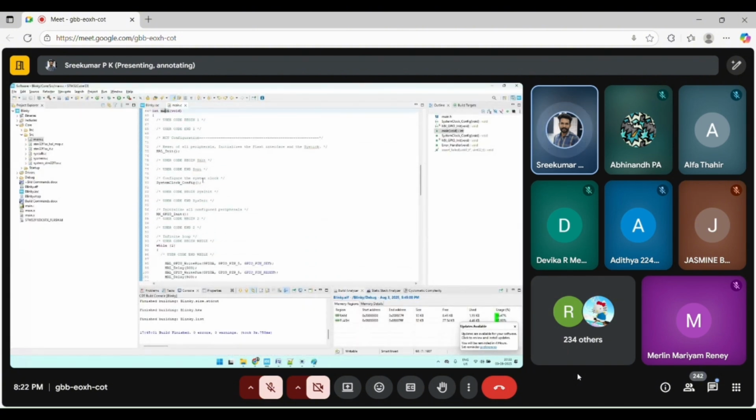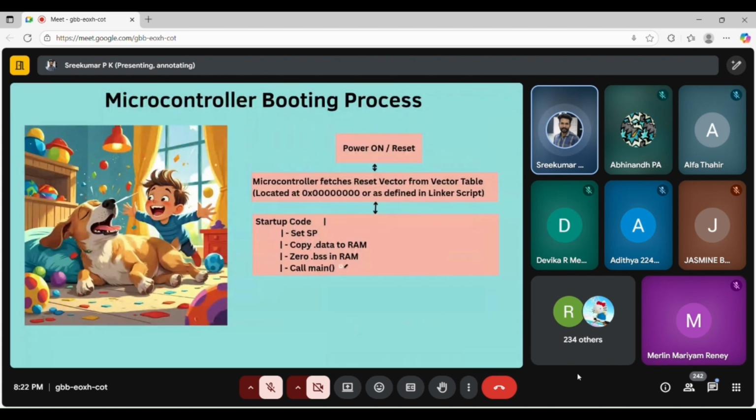This main function is called after several processes: after setting SP, after copying .data to RAM, after clearing the BSS section in the RAM, then it calls the main. It is the duty of startup code to call the main function. So this happens when it powers on.